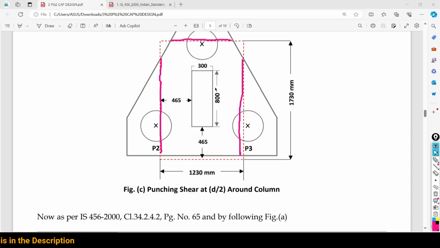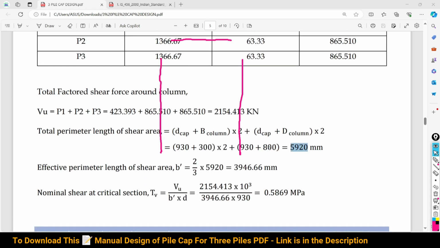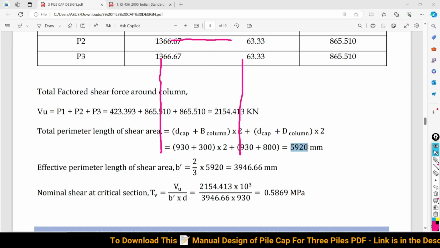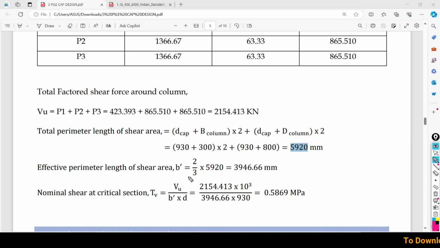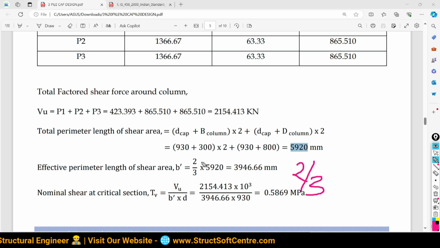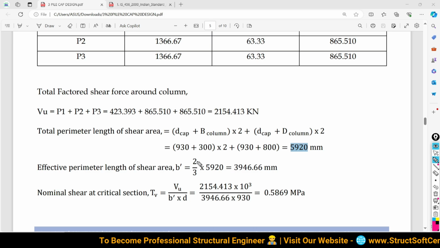For that reason, we do not have any mathematical approach, so we are going to assume some value. We are going to reduce the actual perimeter length of the shear area. So of the actual 5920, 2/3 of this perimeter length we are going to consider. As much as you reduce this, you will be on the safe side. Okay, you are going to do the design on the safe side. So I am going to consider 2/3 of this total perimeter length. With this reduction, we are getting the value of